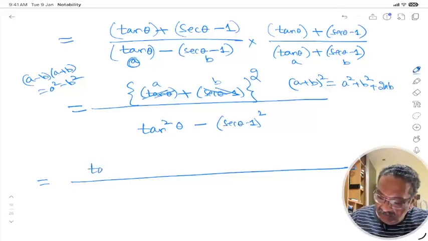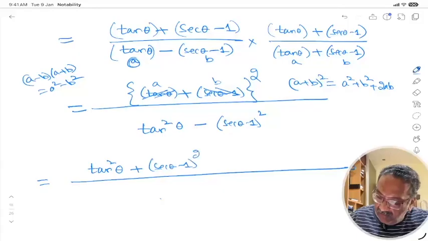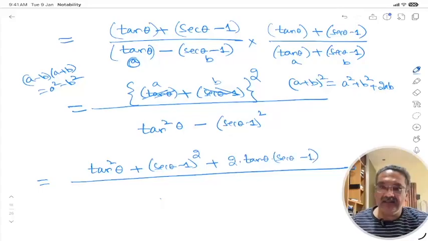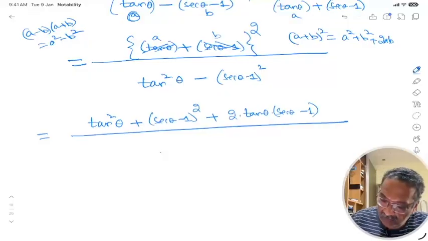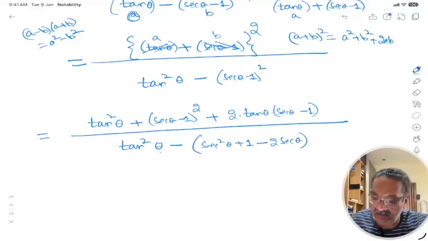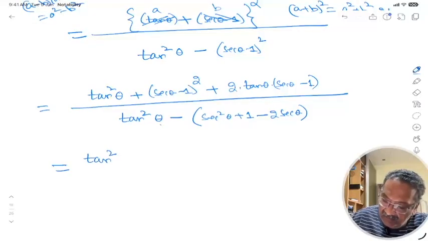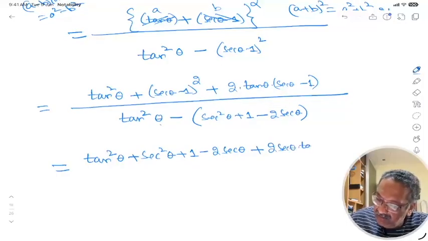So the numerator becomes tan square theta plus, that is A square, plus B square will be (secant theta minus 1) whole square plus 2 tan theta into (secant theta minus 1). Now the denominator will be tan square theta minus, I will expand this, (secant square theta plus 1 minus 2 secant theta). Okay, so the numerator further I will expand, this becomes tan square theta plus secant square theta plus 1 minus 2 secant theta plus 2 secant theta into tan theta minus 2 tan theta